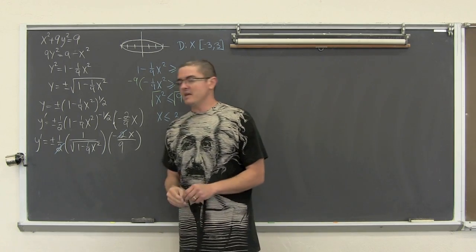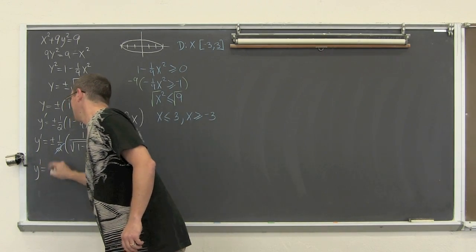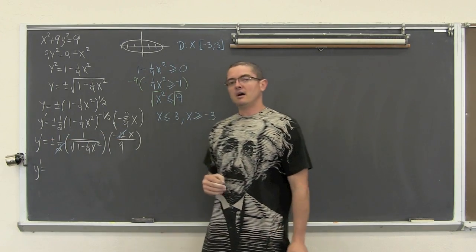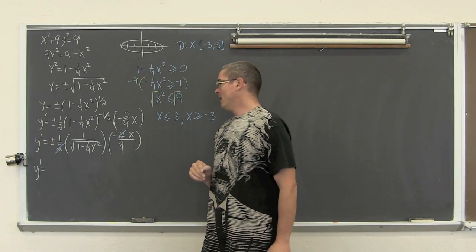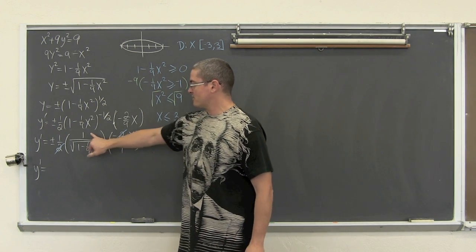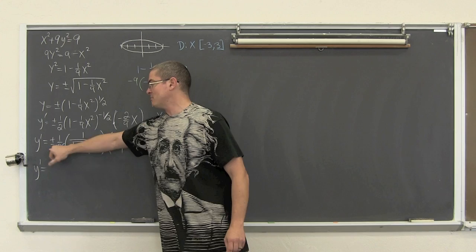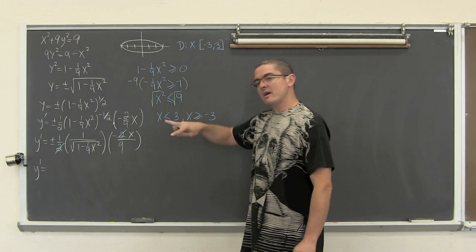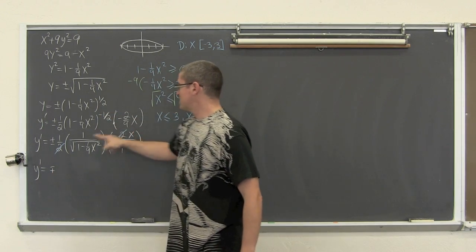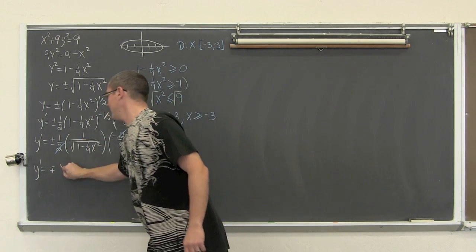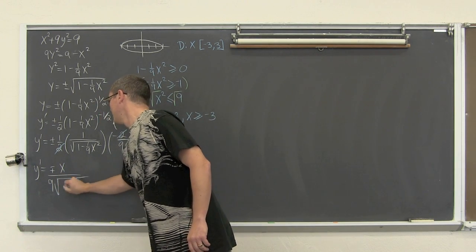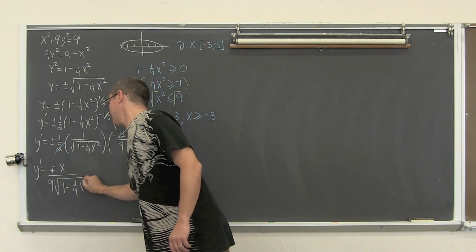We also need to take into account, normally we just write plus minus and don't think about the order that they're written in front of a square root symbol, but it does matter. It certainly is going to matter in some of your calculus work. So when we take this negative x and multiply it by 1 and then multiply it by plus minus 1, it's going to change the order of that plus minus. So this is going to be negative plus x over 9 times the square root of 1 minus 1/9 x squared.